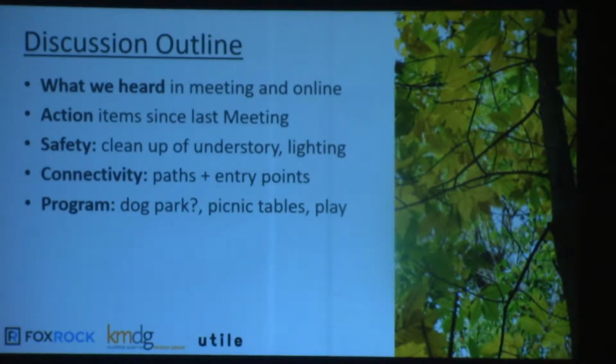Want to touch on a few things that have happened since the last meeting, based partly on things that we all heard. Safety was really the big one. We were talking about how a lot of the feedback that came in could be sort of under the umbrella of safety, and we want to make sure you all know we've all heard that. I'm going to talk about lighting and ways of thinking about it. We also heard about connectivity, so we're going to look at a diagram